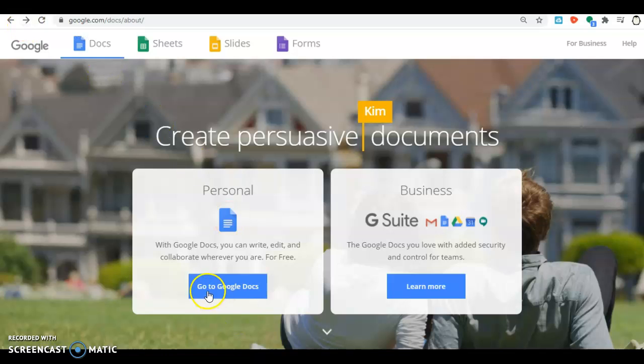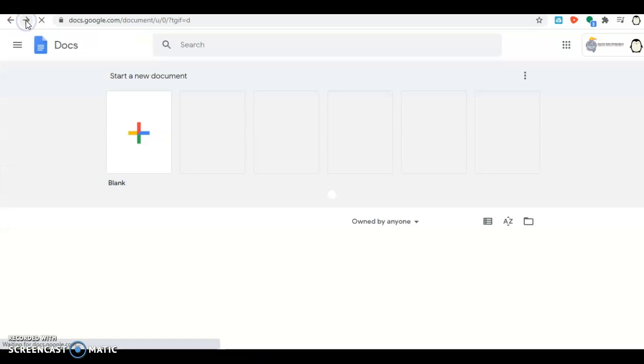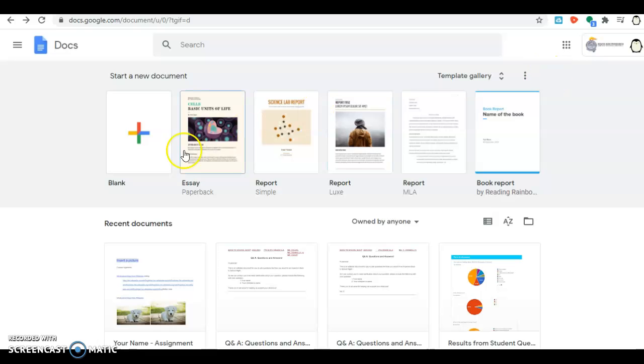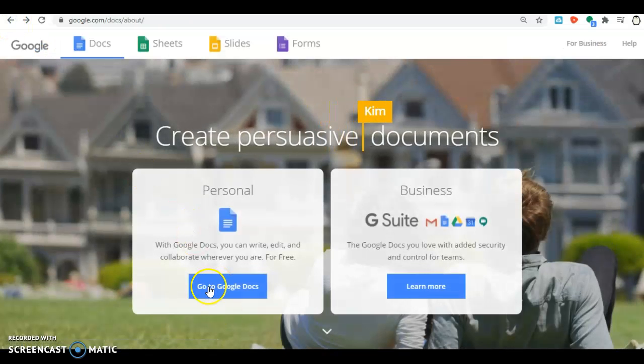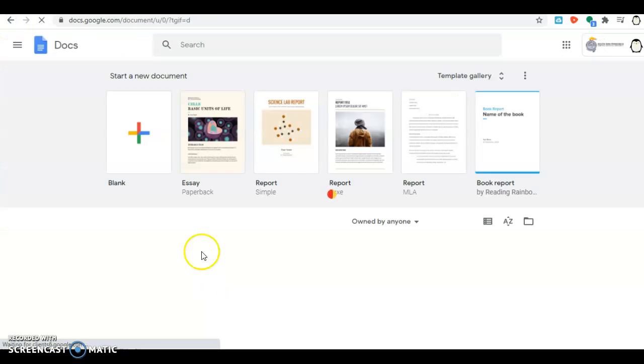Sometimes, when you're moving around, things can go a little crazy. If you ever get to that point, you can always get your document back here. I'll show you how to do that again. You can go into Google Docs, okay, and